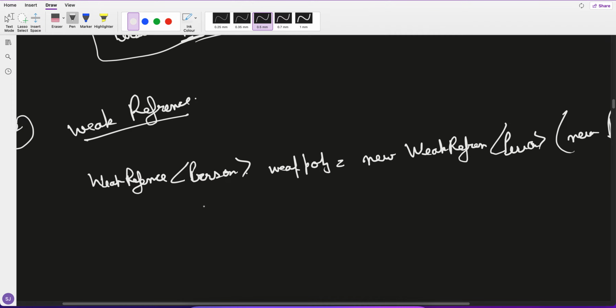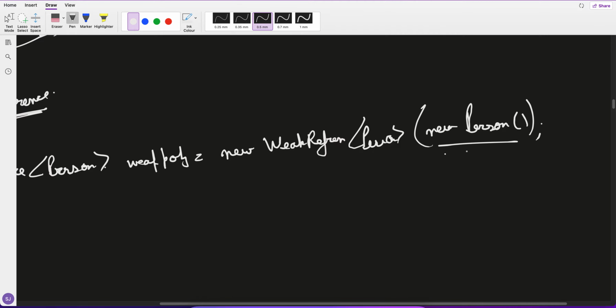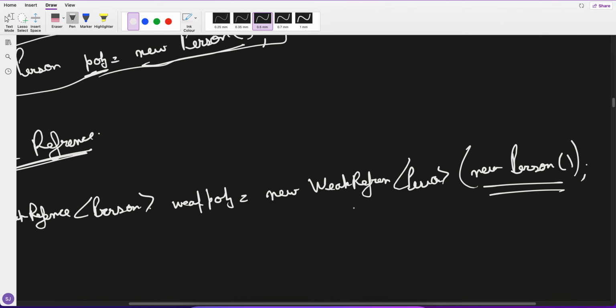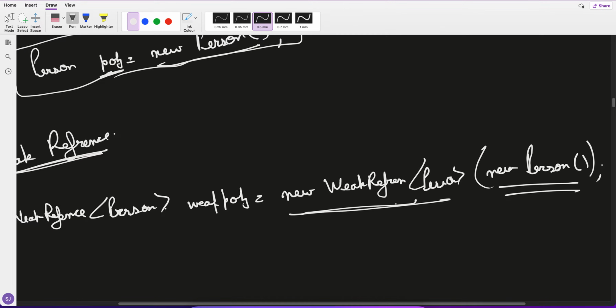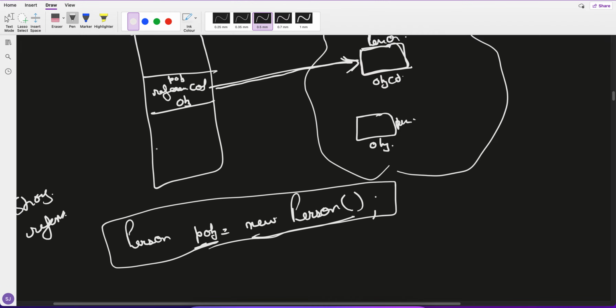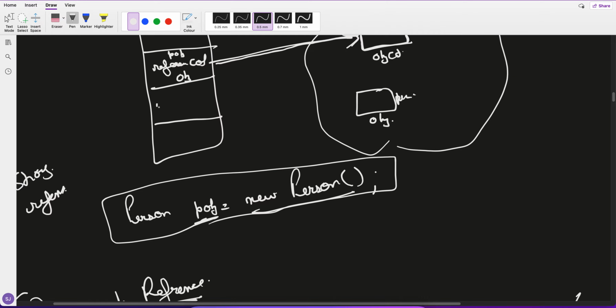Whenever you create an object like this, you are creating another new Person object, but you are making a weak reference to it. So there is a reference,